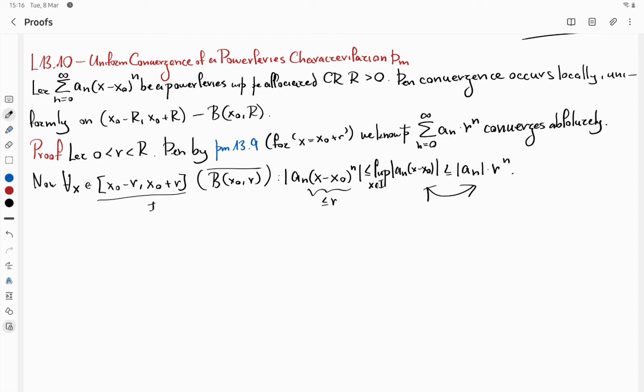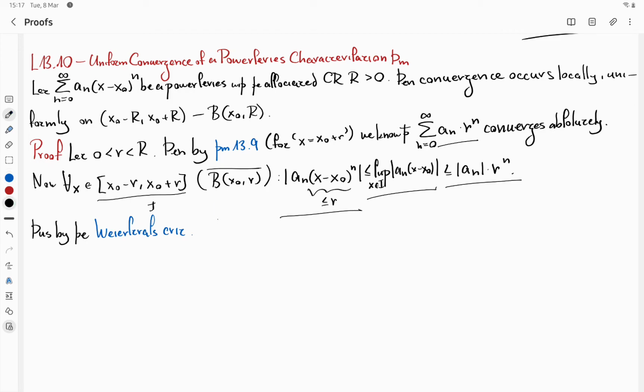But wait a second. We know that this converges absolutely, right? Meaning the sum of these converges and is always larger than the sum of these. Thus, this sum must also converge. Therefore, we have the sum of the suprema of these summands converging. Thus, by the Weierstrass theorem, by the Weierstrass criterion,